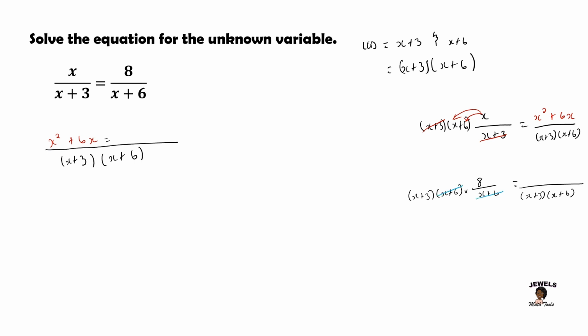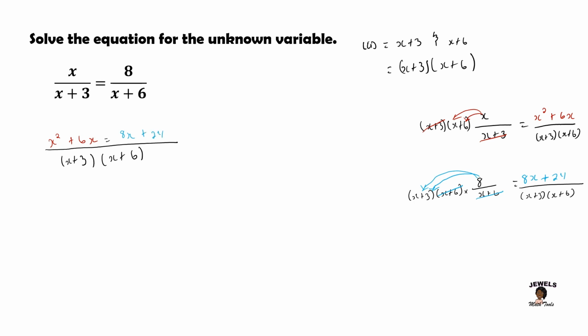So we're going to cancel x plus 6 and multiply our 8 to everything in our brackets. So 8 times x will equal 8x. And 8 times 3 will equal 24. So we'll have 8x